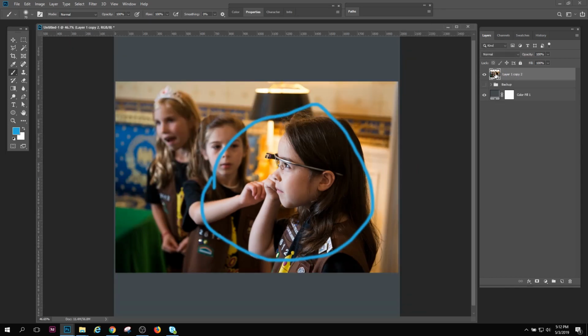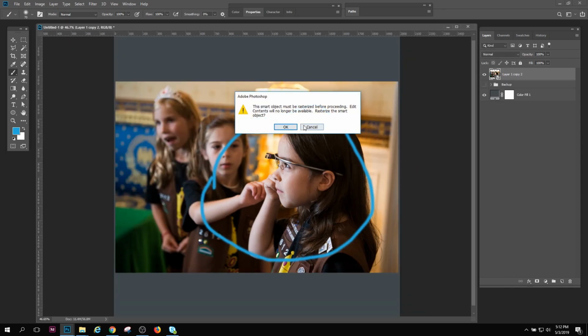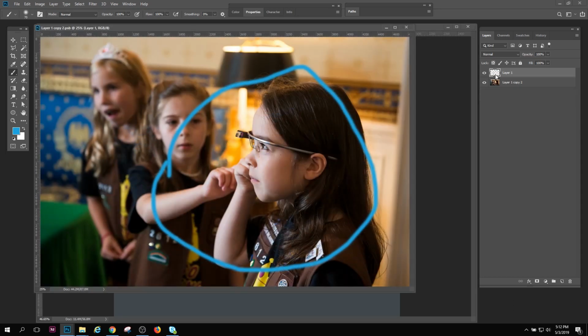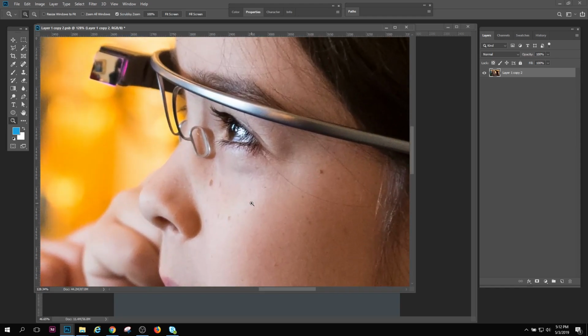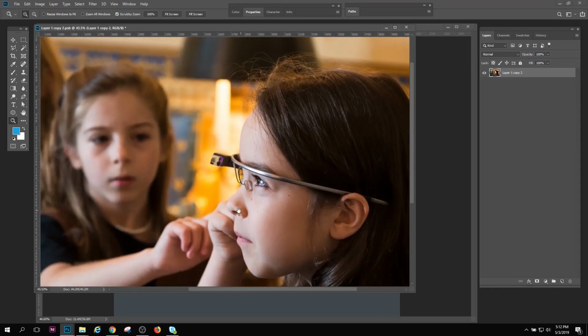I can close it. We come back. I don't want to rasterize it. I double click it. We come back. We still have our layers. It's smart. It keeps the layers. Right? So if you want to edit it and you want to do something on this, like say,